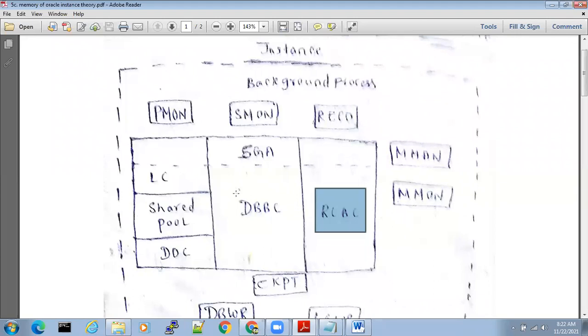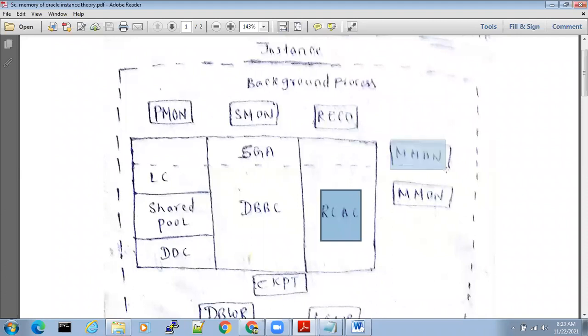Automatic memory management. Earlier, we used to manually manage the memory by giving the parameters shared pool size, DB cache size, and log buffer size. We used to give the sizes and manage them manually. But from 10G onwards, we are not managing manually.